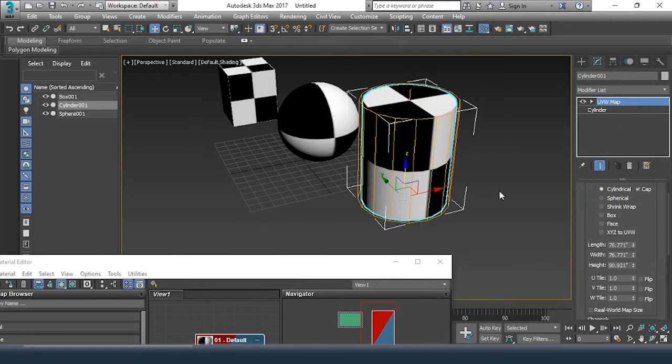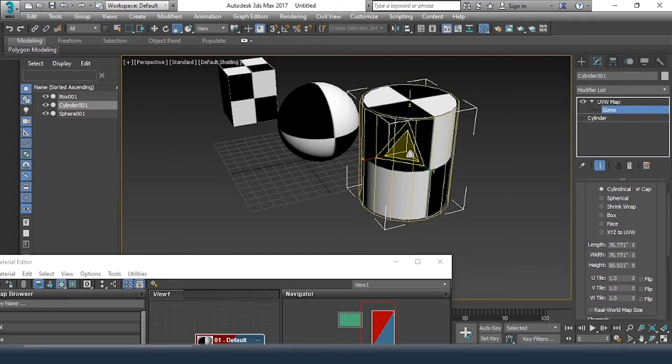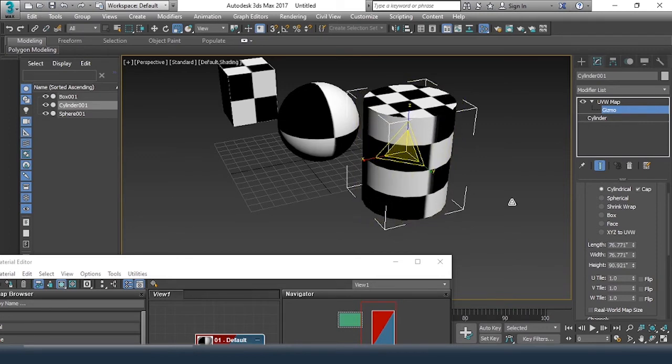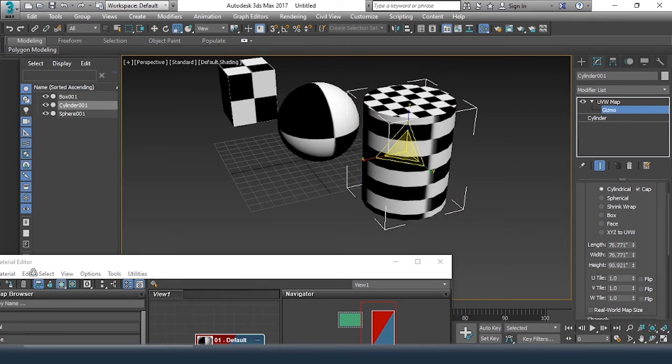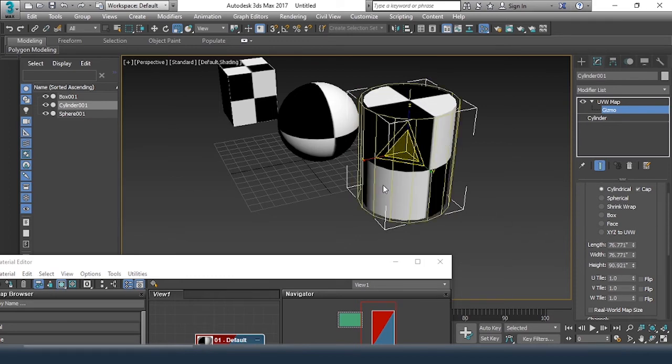Other than that, you can click on this small triangle and in that you get a gizmo. So you can work with this also. You can move, you can rotate, you can scale. These three options are definitely there. So I'll just press the scale button. That is R, that R is a shortcut key. Now you can see there is a tiling happening on scaling. So I can scale for tiling purposes. If not required, I can leave it.